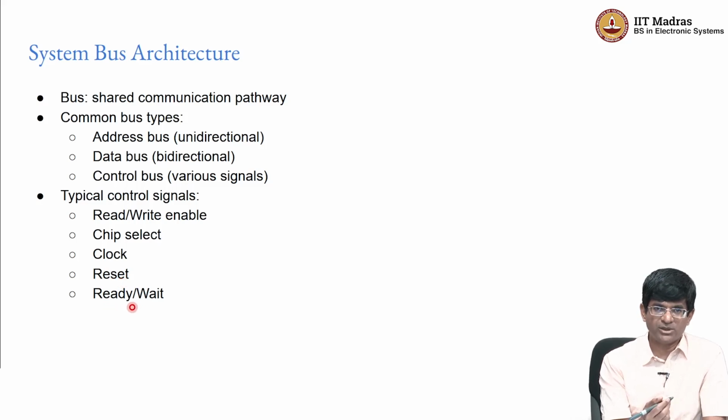All of these are different options, and clearly if we choose different options over here, it's quite possible that my CPU and my peripheral choose a different set of options and therefore cannot talk to each other, which is why of course we want to standardize the type of bus, and the whole notion of a standardized bus architecture becomes useful.